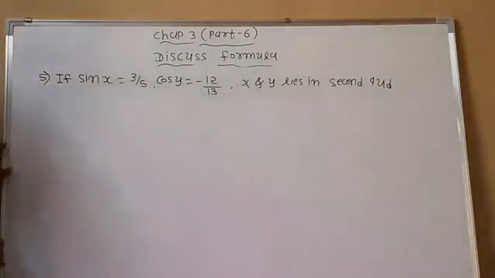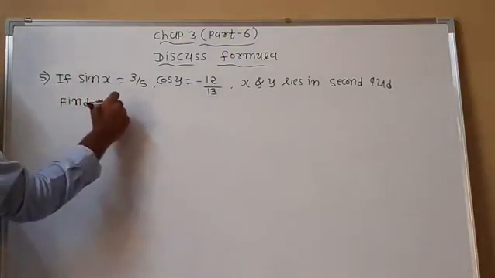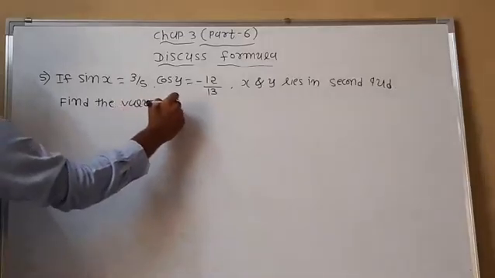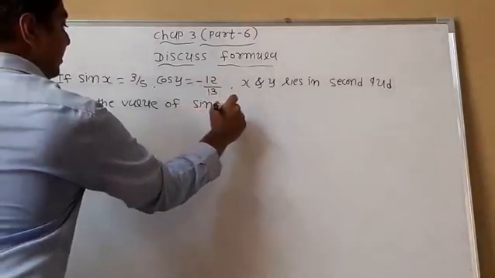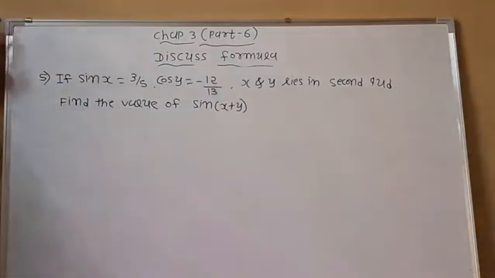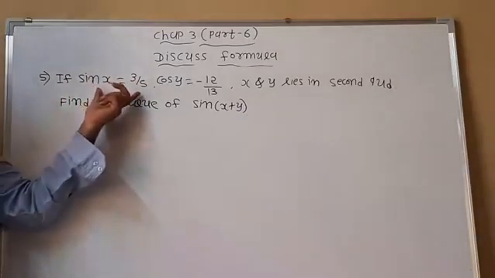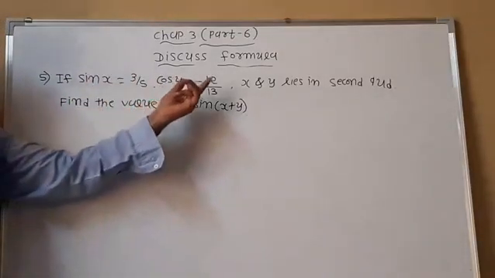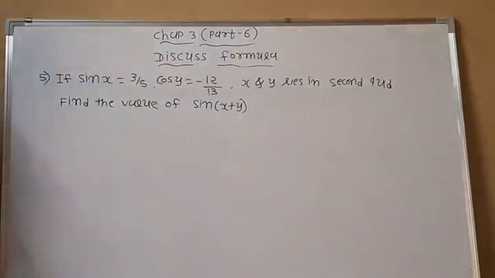So our question is to find the value of sin(x plus y). Clear? Now here the value of sine is present, the second quadrant is present, and cos y is also given. In the second quadrant the value of sine is positive